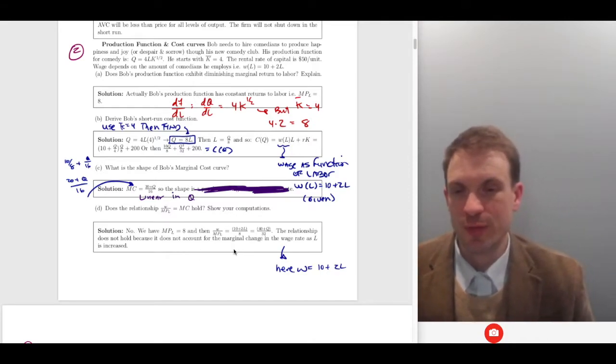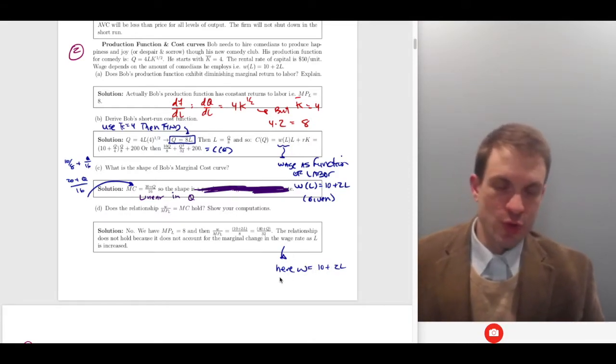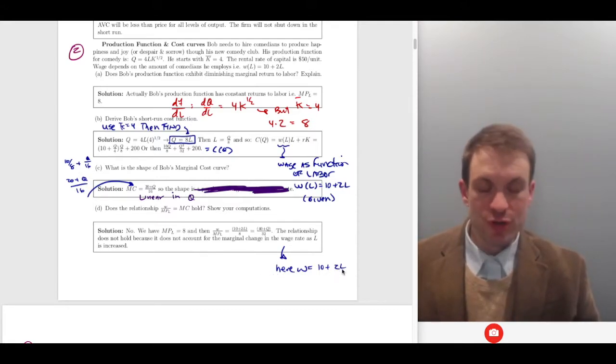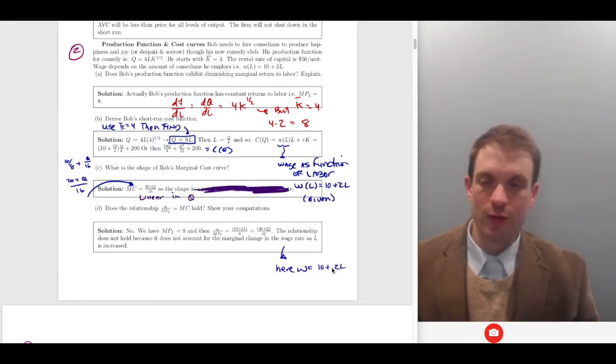Why does it not hold? Well, what's going on here is this is not picking up the marginal contribution of labor to our wage, the 2L. So anyway,